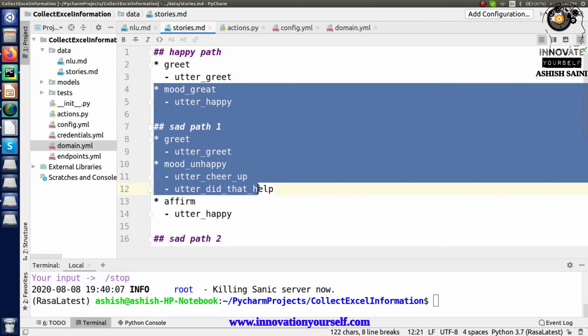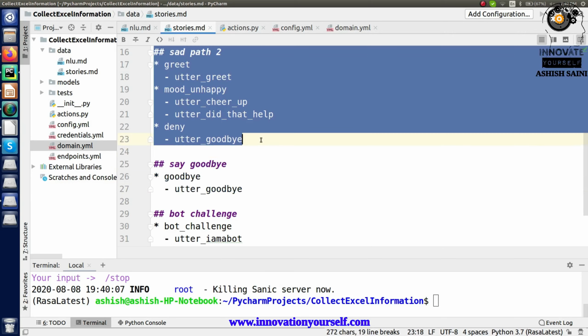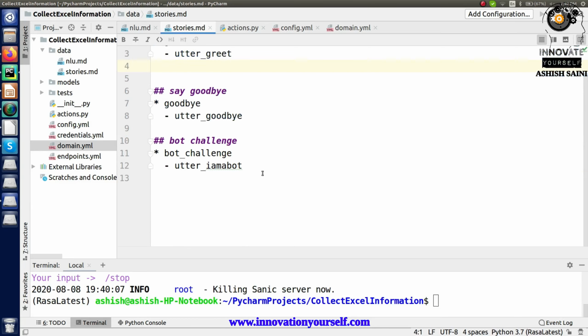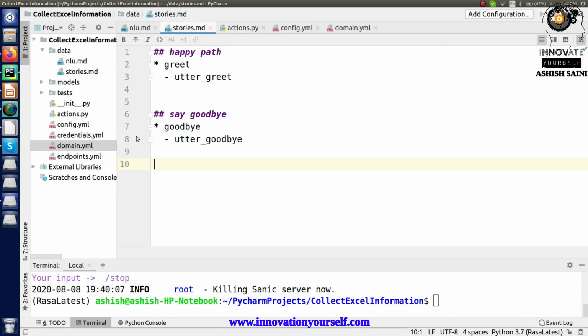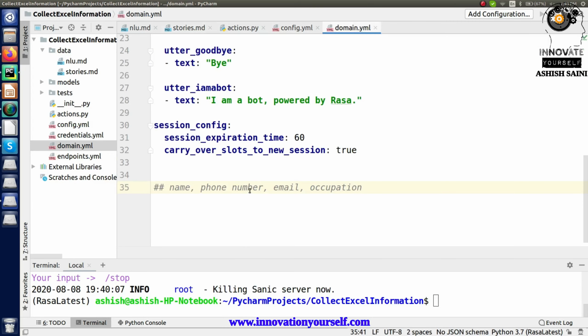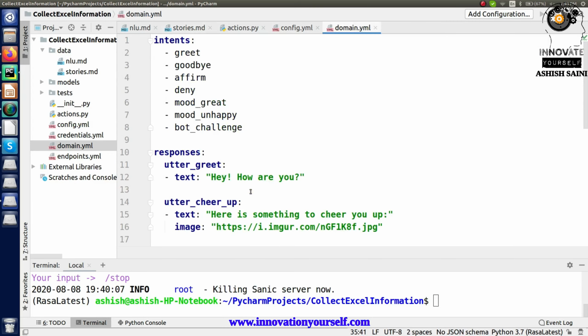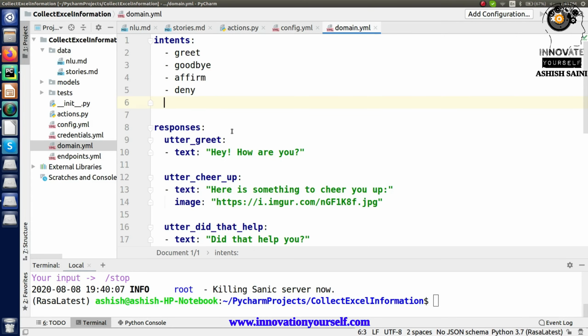Just remove these stories because we don't need them, and also this one. Let's make it very simple and very clean, so I'm removing all the stories which I don't actually require. I remove them.